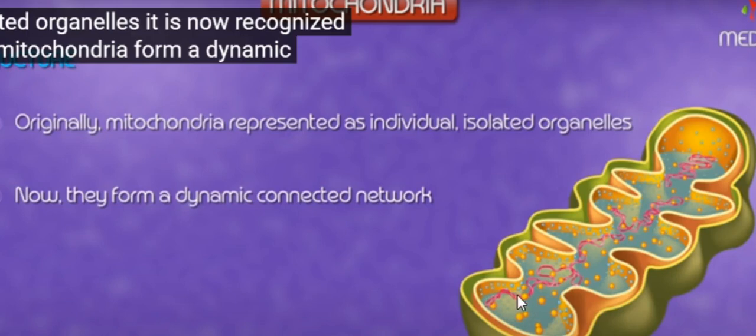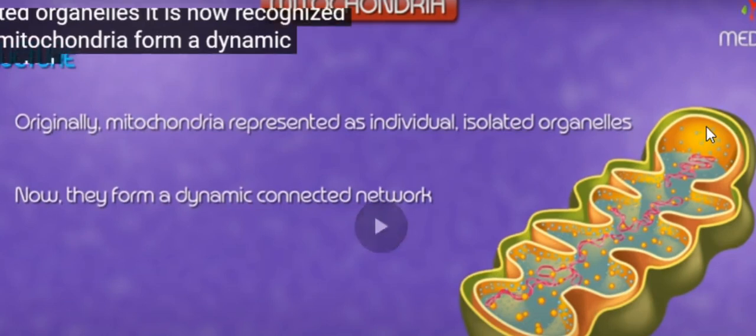It also contains its own DNA and ribosomes inside it. As you know, DNA and ribosomes control the cell activity. Since mitochondria contain DNA and ribosomes, the mitochondria can also prepare their own protein. Hence, mitochondria are called the semi-autonomous organelle of the cell, because partially they depend upon the DNA present in the nucleus, but they contain their own DNA as well as ribosomes.